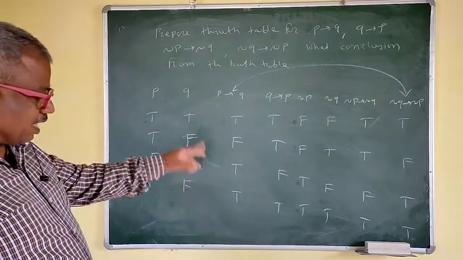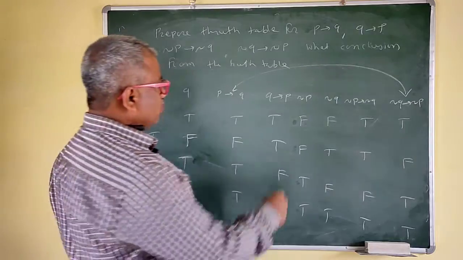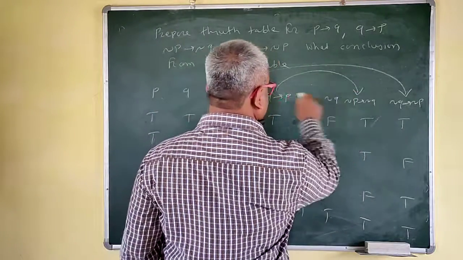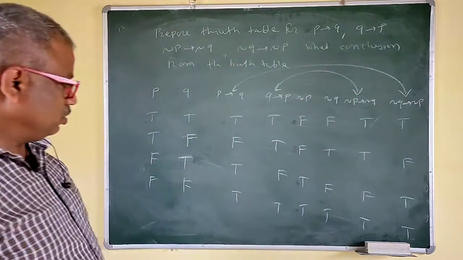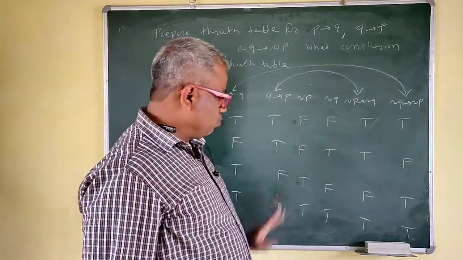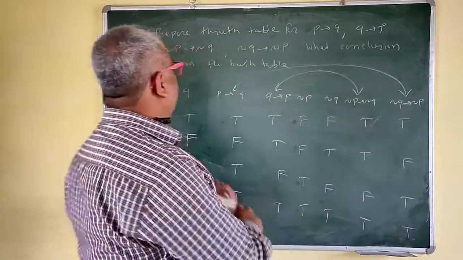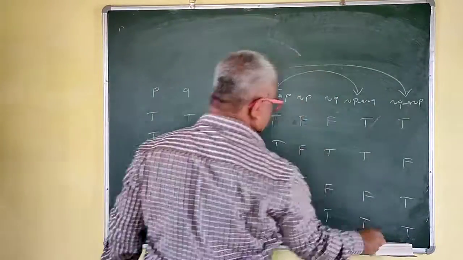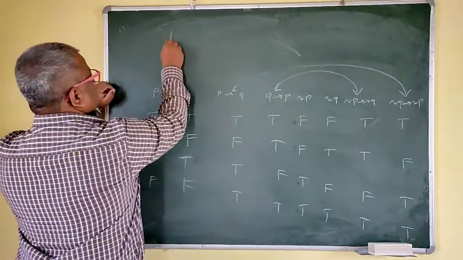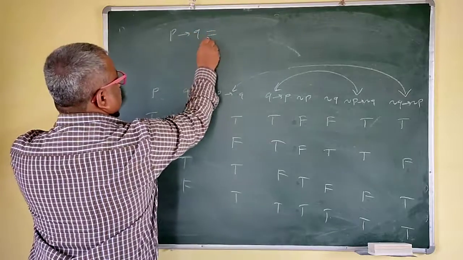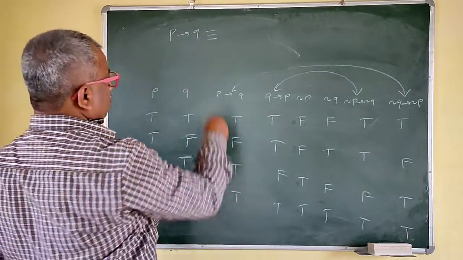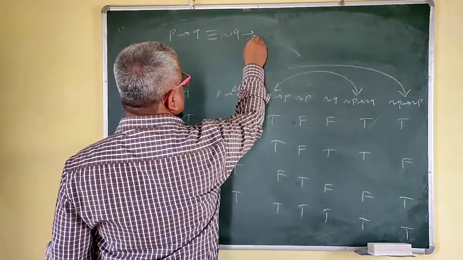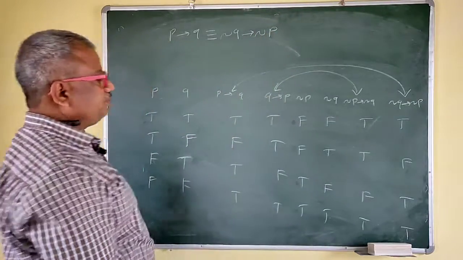These two columns are same. Now see these two columns. Now these two columns, right? So here there are two, right? So from the truth table, what do we conclude? From the above truth table, we conclude that P implies Q is logically equivalent to negation Q implies negation P,